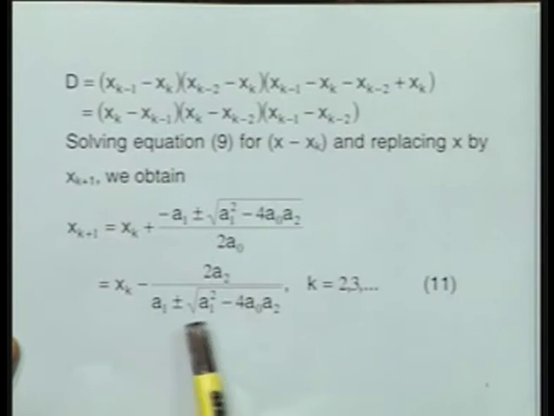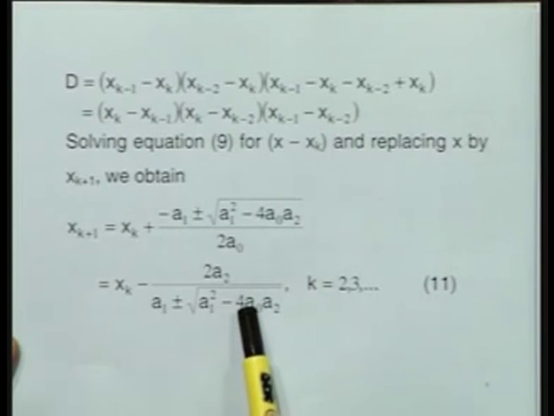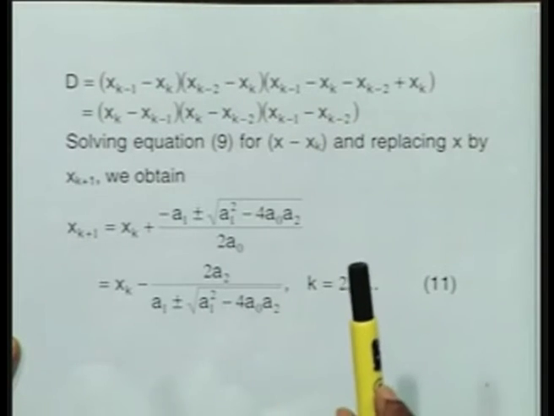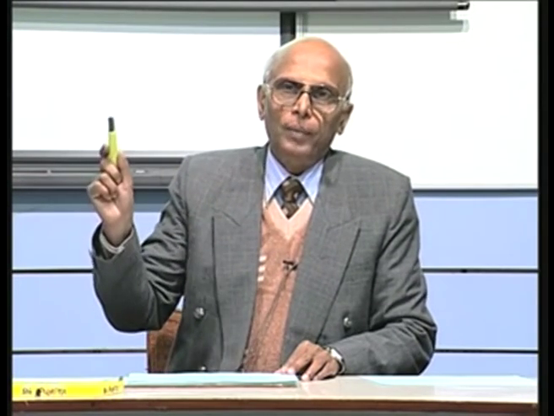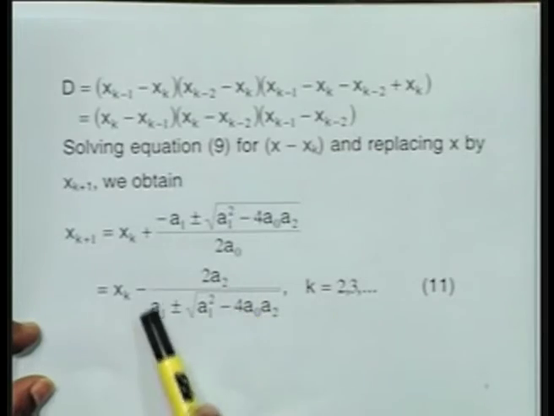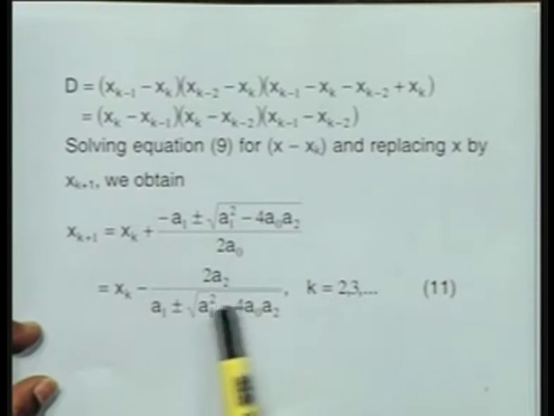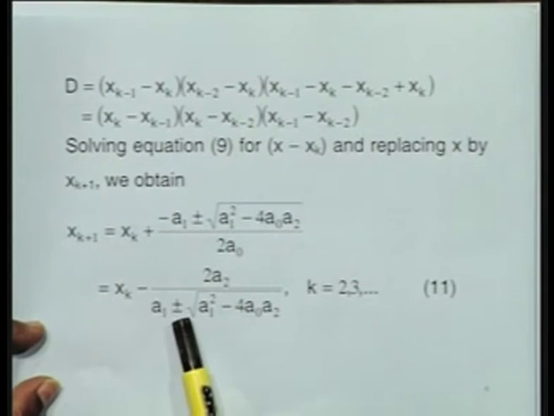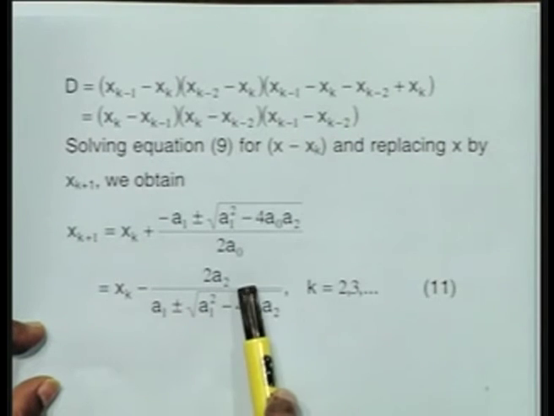Now there is a reason for writing this rationalization in this particular form. We have started with initial approximations xk minus 2, xk minus 1, xk. Since the solution is a continuous solution, the next approximation we are going to get should be closer to xk. It cannot jump far away from xk. Therefore, in order to choose the correct value to be added to xk, I would see that the change that comes here is small, because there are 2 values here. I will choose that particular value which gives me the smaller of the 2 in magnitude.